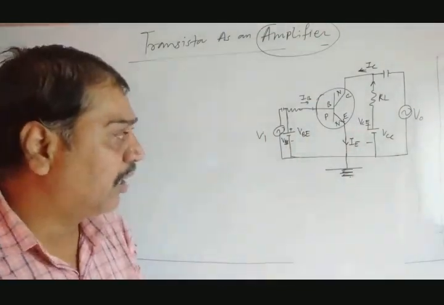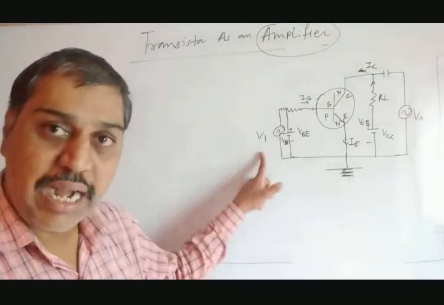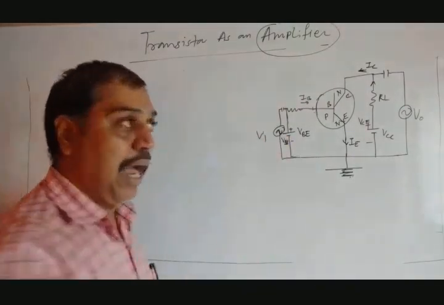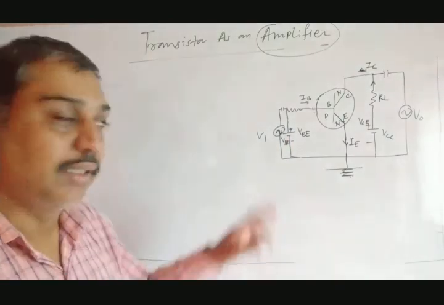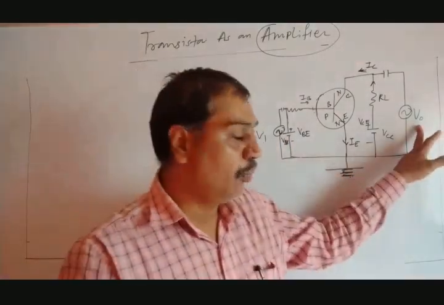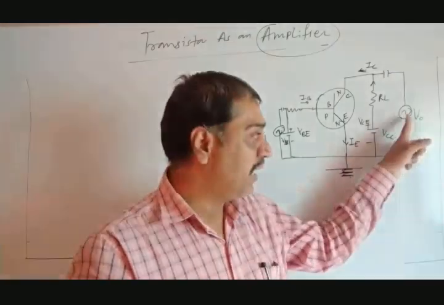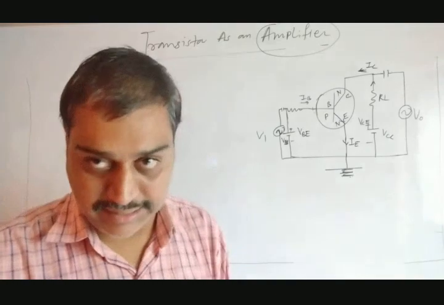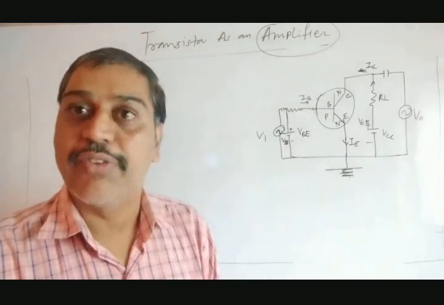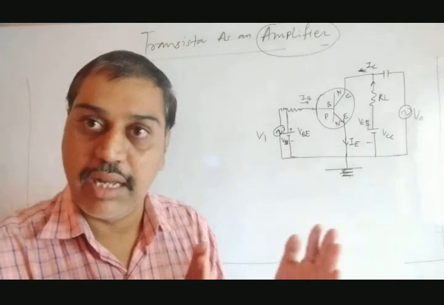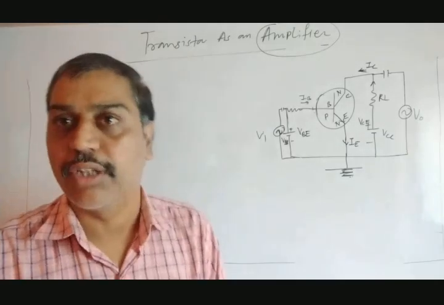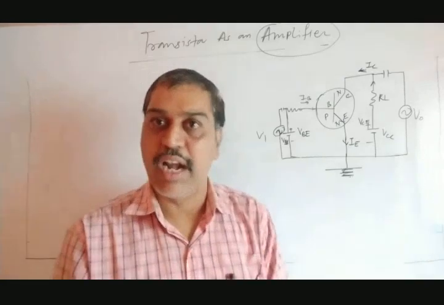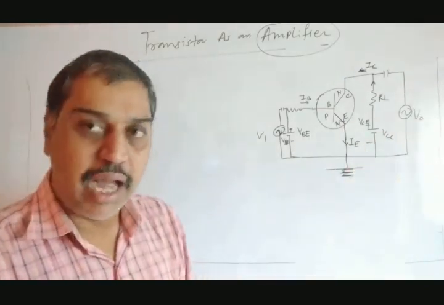Now let's start here. VI is the input, and as the symbol they have used here is AC, the applied voltage is AC voltage, so it is VI. At the output, VO is the output. Again here they have shown the AC symbol, meaning the output we are getting is also AC. Now let's start with Kirchhoff's second law. When we learn in detail in current electricity, you get what exactly Kirchhoff's voltage law is. Now just try to understand and remember this point. In that chapter we will see how it gets varied.